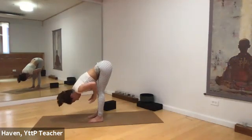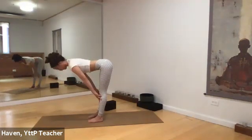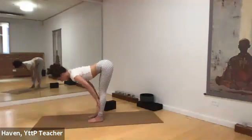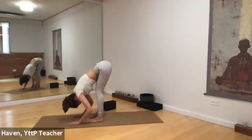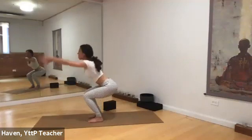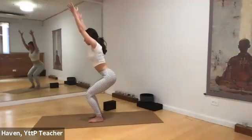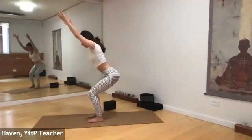On your inhale, you find a halfway lift, flat back, firm belly, long spine. And then exhale, release, dead weight. Pull the belly in, find the abdominal wall active, and then on your inhale, sit your hips down, bring the arms up, chair pose. And right away, the gaze is soft and you're glancing over the knees, so you notice